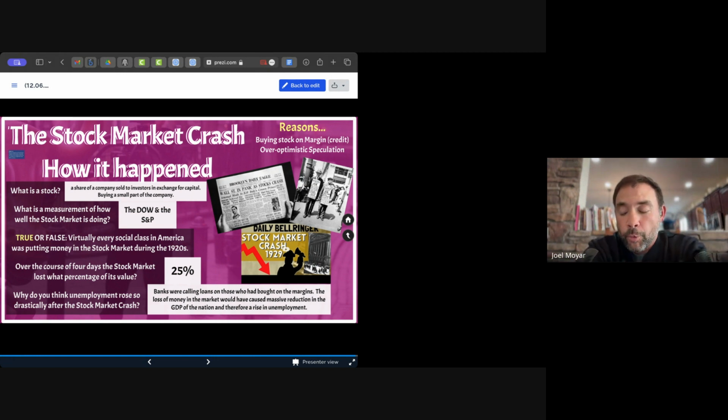And essentially, more people being laid off, companies were slowing down, less was being made, GDP was shrinking, wealth all around was going down, unemployment was going up because businesses couldn't afford to hire people to do work. They didn't have the money to do it because nobody was buying from them, because nobody had money to buy because they had lost it all in the stock market. It was a snowball reaction that created massive panic.